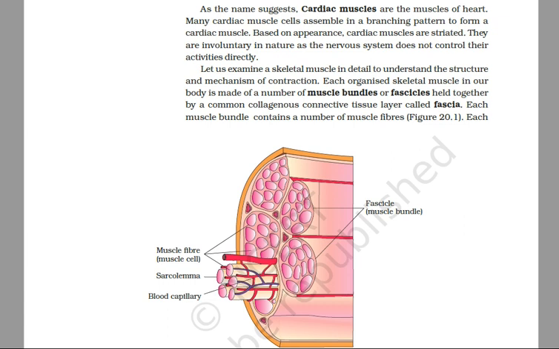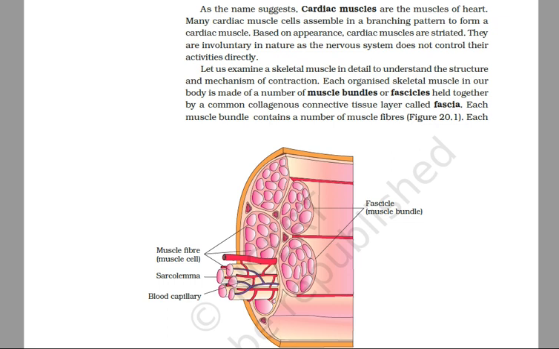So once again, skeletal muscles in our body are made up of a number of bundles called muscle bundles or fascicles, and they are wrapped by a connective tissue sheath covering called epimysium, and each fasciculus is covered by a connective tissue sheath called perimysium,